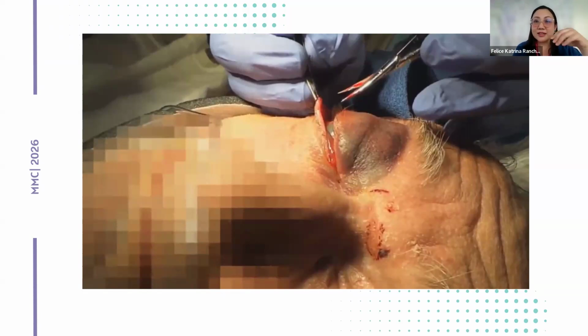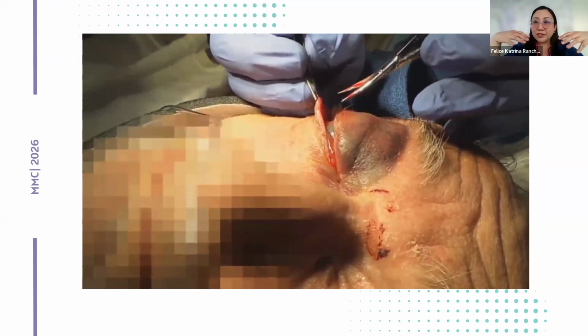In this case, the resident said it wasn't really very mobile. That's also a common thing I observe when residents refer intraop to me. They tell me, please check the cantholysis. I find that although they cut very deep, the lid is not very mobile. We saw in the first video that you can freely move the edge of the lower lid anteriorly and posteriorly. That's the outcome that we want.